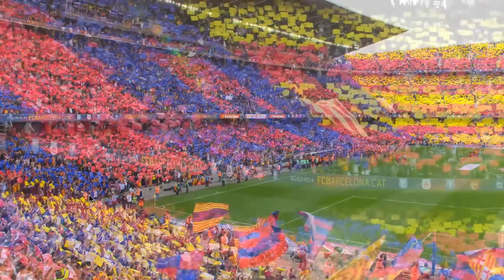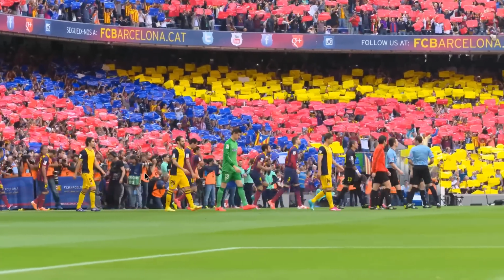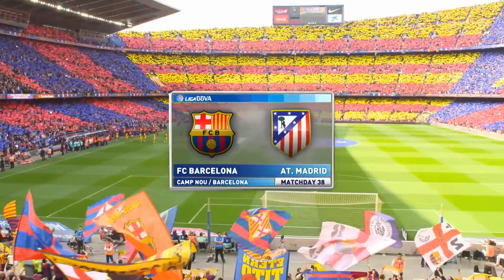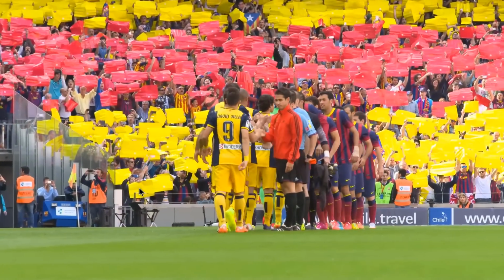Only a win for Barca would be enough, because it would give them the same number of points as Atletico, but the head-to-head goal difference is what counts in the case of a tie on points. The mosaic of